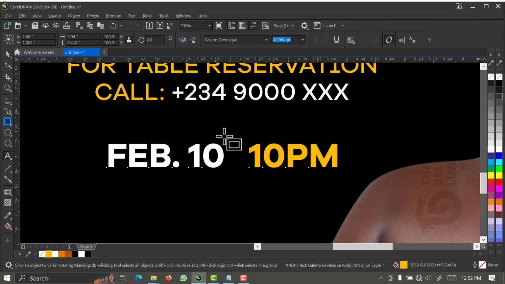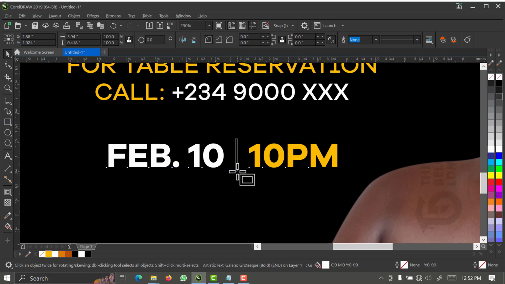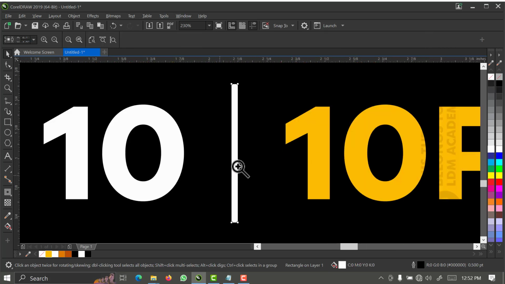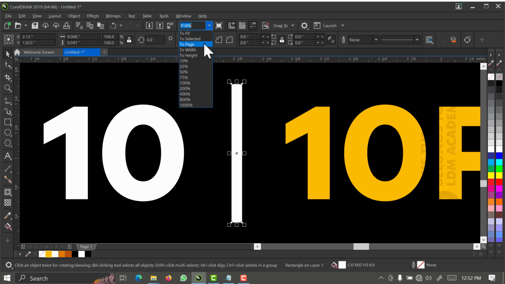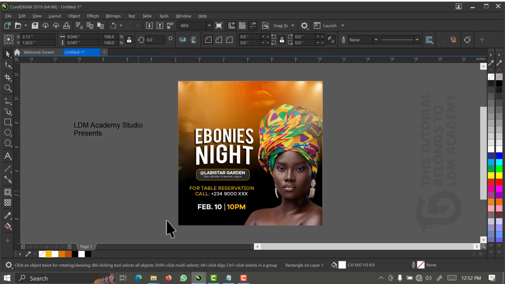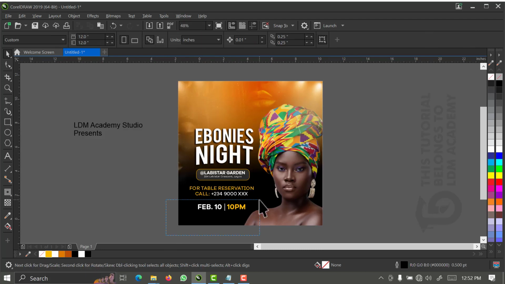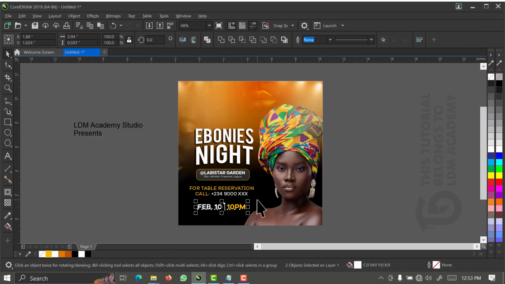And I'll draw a kind of rectangle as a kind of demarcation between the two and then give it white. Alright, so let me remove the outline and then let me increase the size a bit. Good. So now I liked everything and then press E to make sure they align. Alright, then